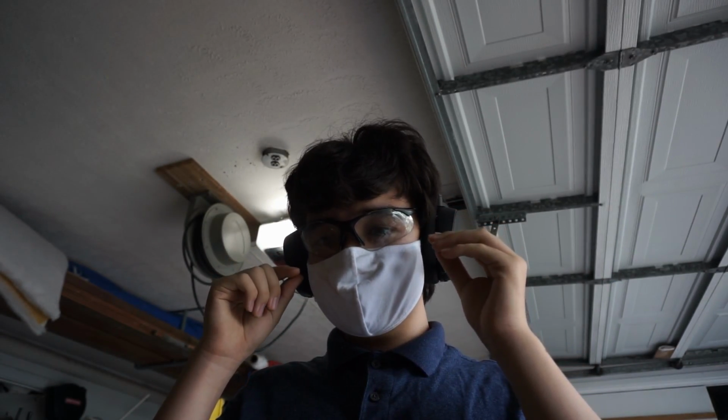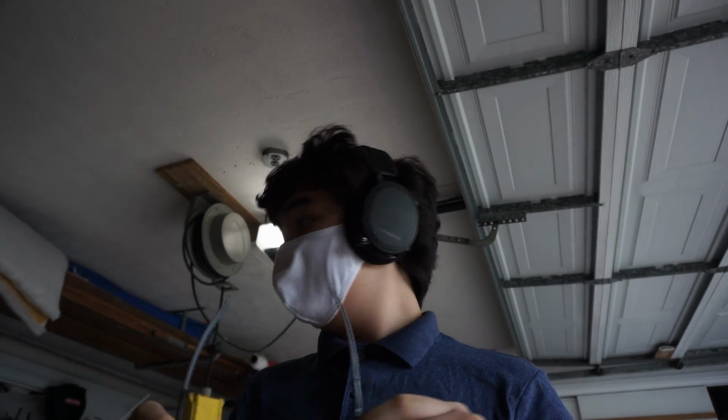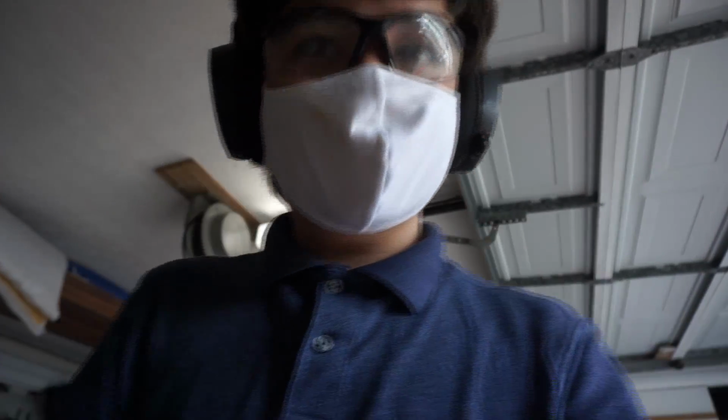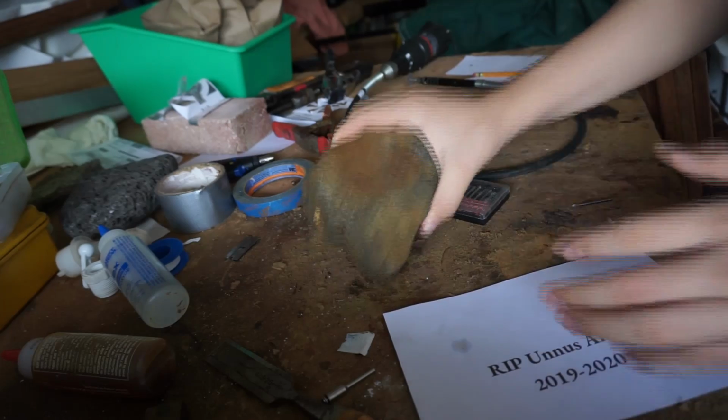Oh, I forgot these were prescription lenses. I don't know if I have other stuff. That'll be fine. Alright, so to do this I'm gonna be